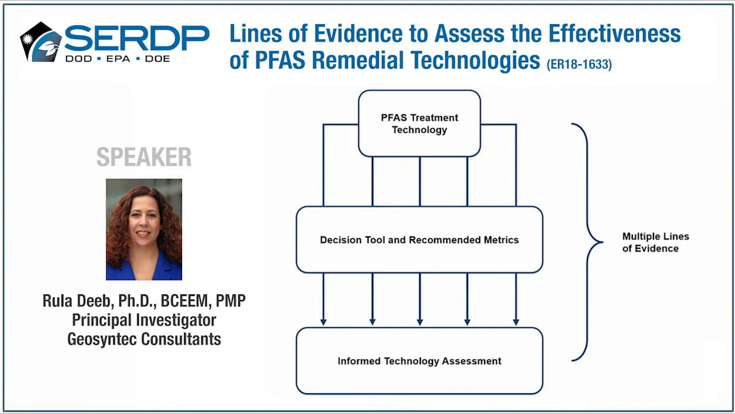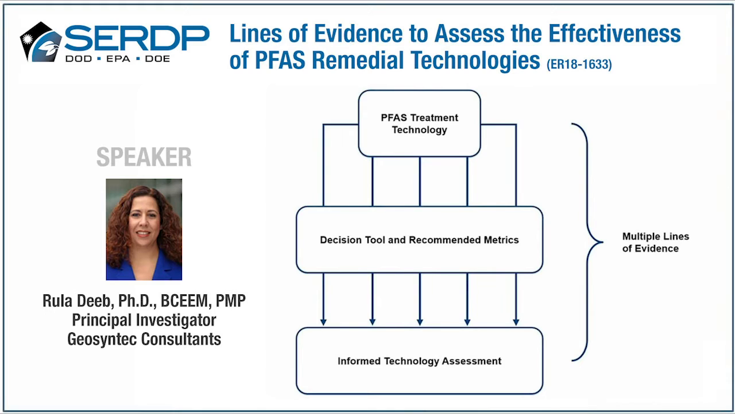On this project, Geosyntec worked with PFAS researchers at the University of California at Berkeley, the Colorado School of Mines, and Oregon State University to develop 3 lines of evidence. The first involves a measured decrease in target PFAS concentrations while quantifying or controlling for common losses and attempting to